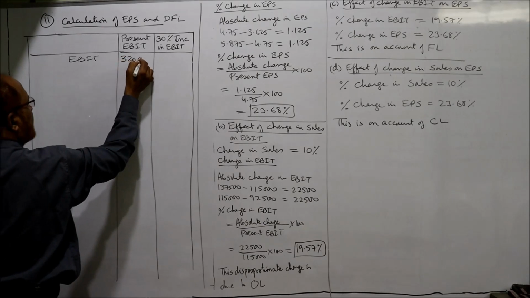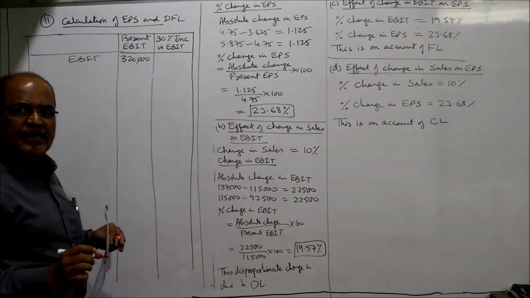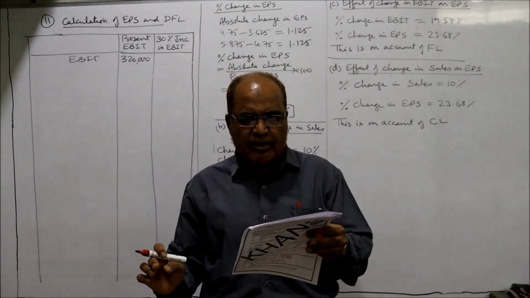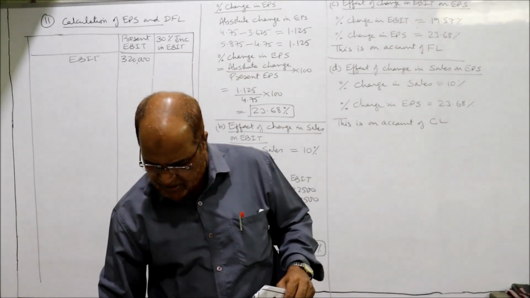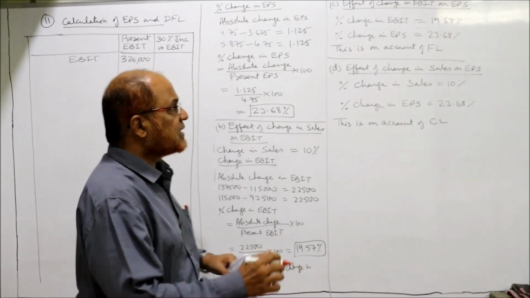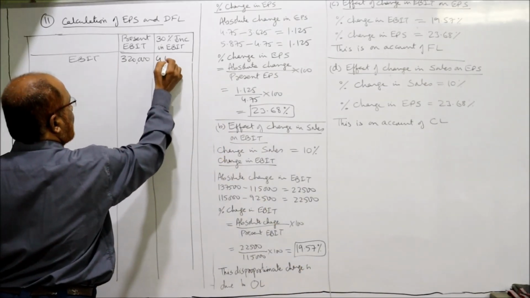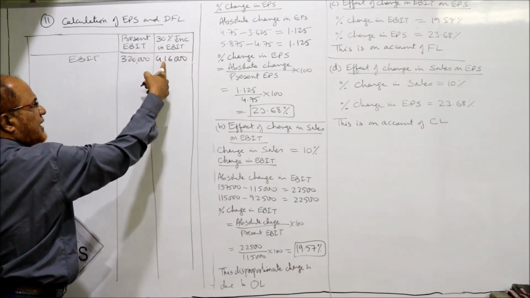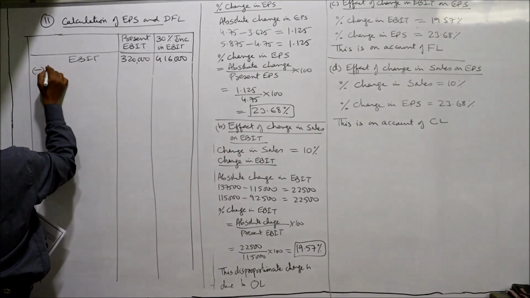EBIT present given 3,20,000. Presently EBIT is 3,20,000. In this 3,20,000 we have to make the increase by 30%, which gives 4,16,000. So 3,20,000 increased by 30% becomes 4,16,000, minus